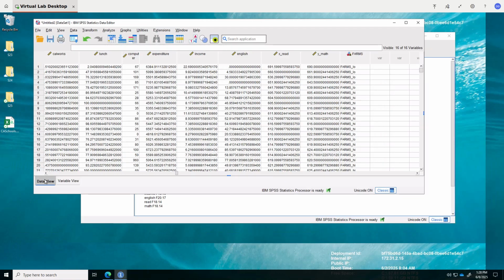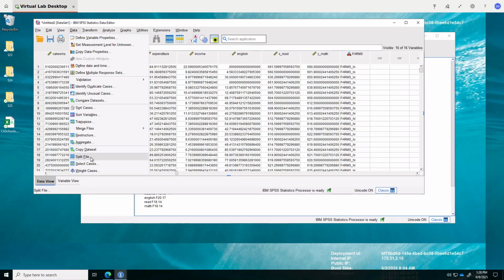Okay, so I'm just going to do a couple examples of what's going on here. I'm not going to go through the entire homework with you, but I'm now at the point where I just finished recoding, and I want to make a point that in SPSS, whenever you want to do an analysis by group, you need to split the data. And then when you're done doing the split data analysis, you have to unsplit it, which is kind of a pain, I know, but this is how you do it. So I can say data,